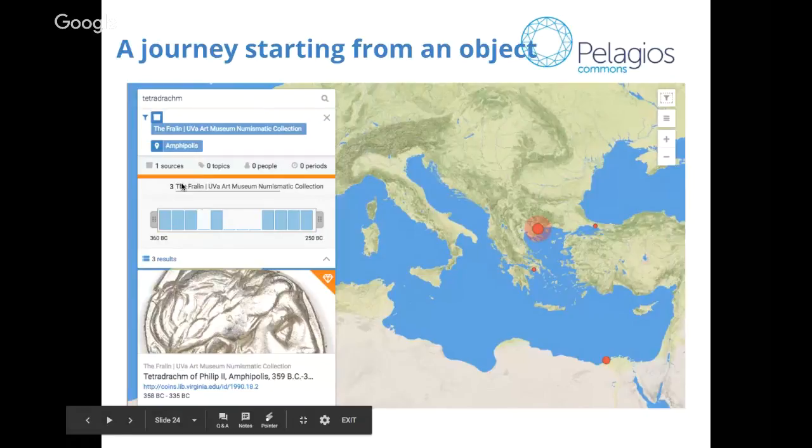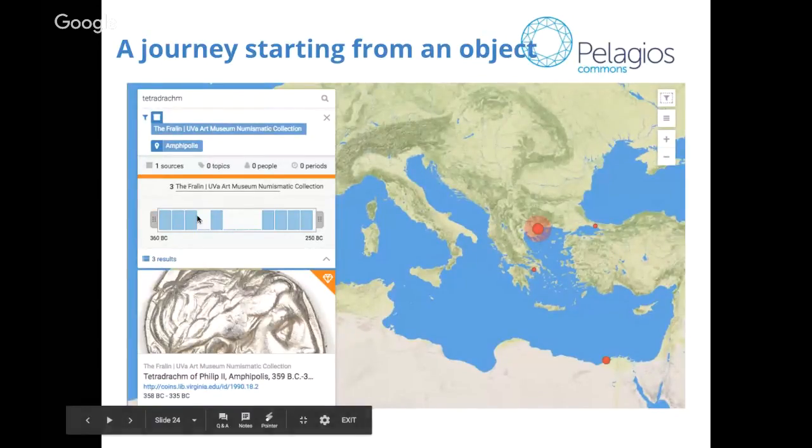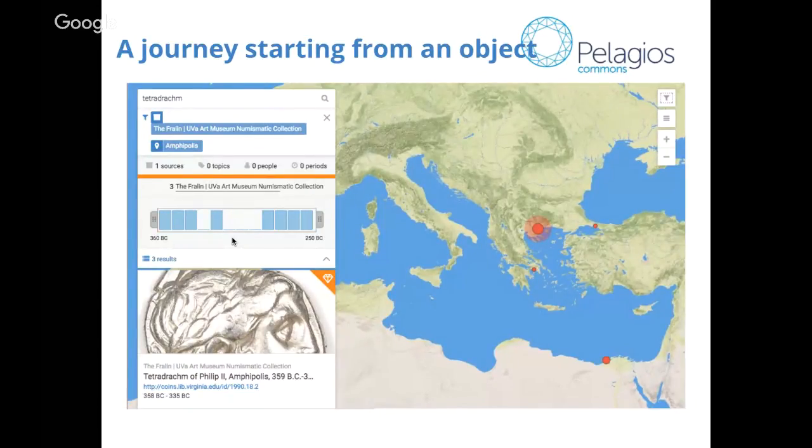And we could click on the first one, that is this tetradrachm of Philip II, that is in the collection that we have selected, and we can see that the time span for these few results is actually quite limited. It's quite specific.